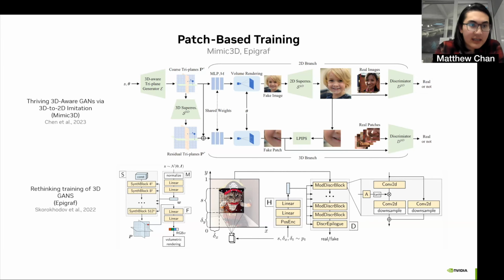So for instance, that is the approach taken in these two papers. On the top is Mimic 3D and on the bottom is Epigraph. So while this certainly allows higher fidelity within the receptive field of the patch, these methods can and oftentimes do struggle in terms of global consistency in the final representation.